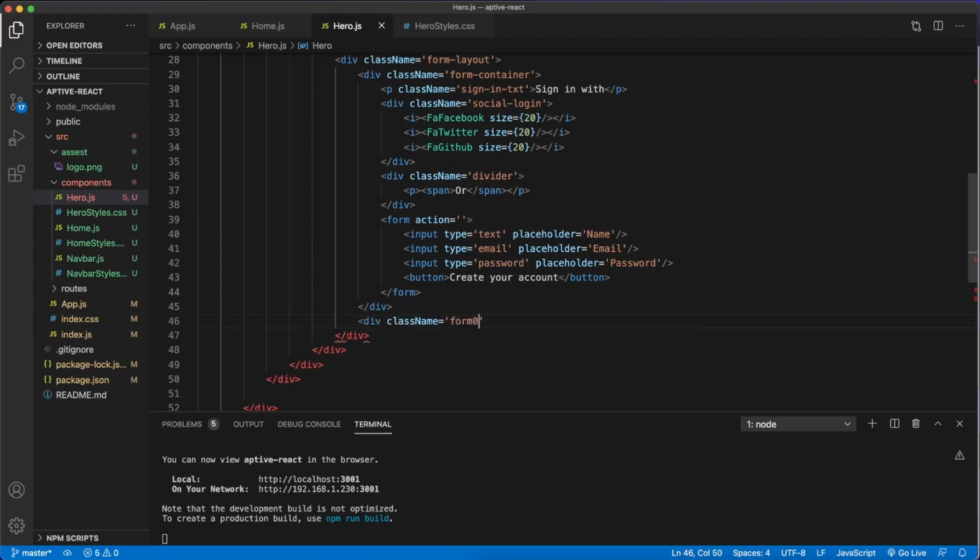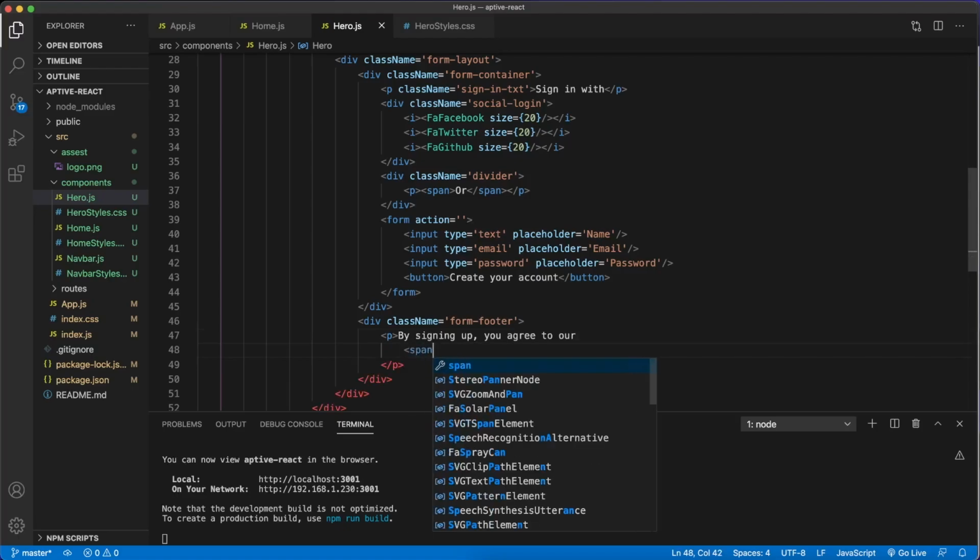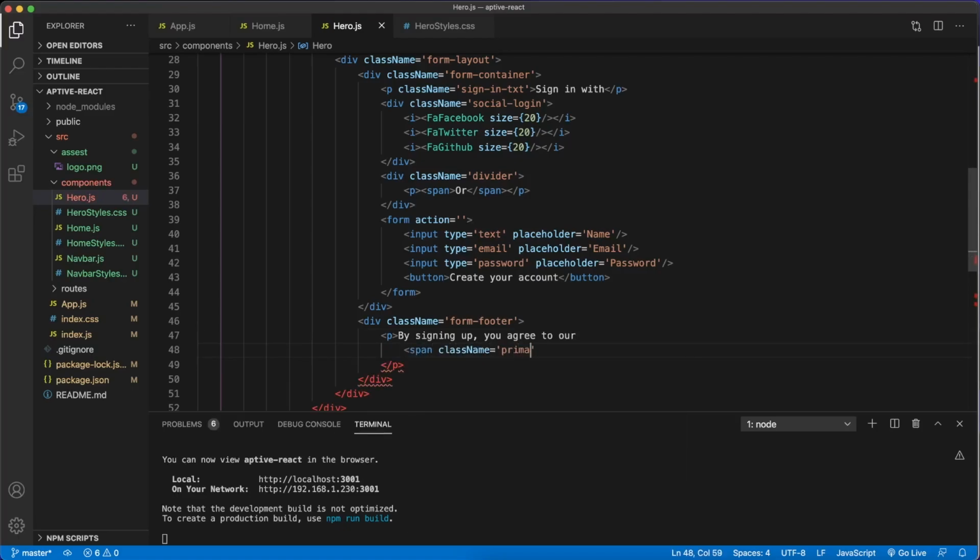All right, then underneath the form container, let's do a div with a class name. I'm going to call this form footer. And inside our form footer, let's do a p tag. So maybe some little legal notes. By signing up, you agree to our terms, data policy. Let's put that. We'll say, let's do a span. We'll use our class name, primary color. Oh, that didn't work out. There we go. And in here, we'll say terms, data policy,